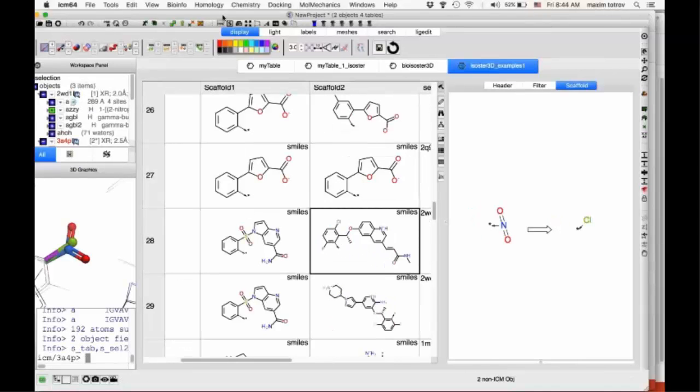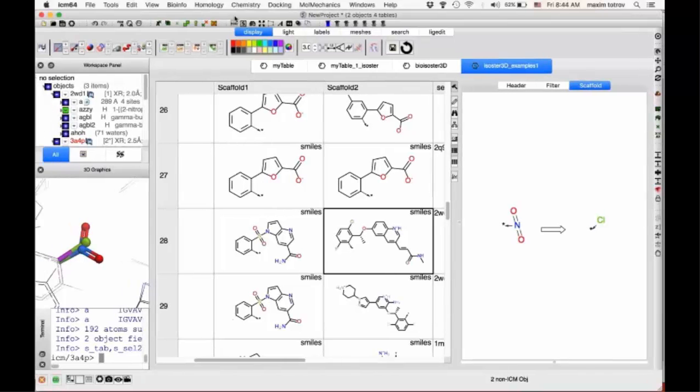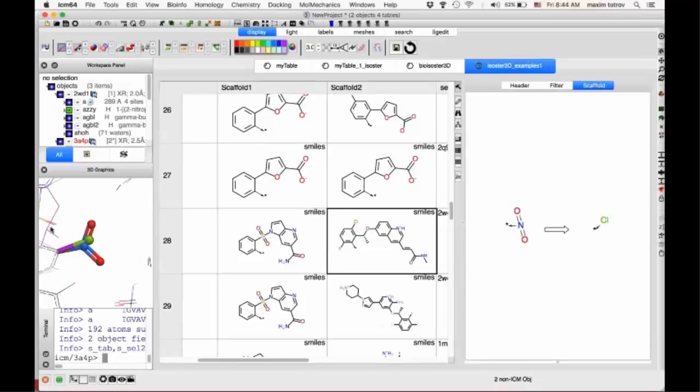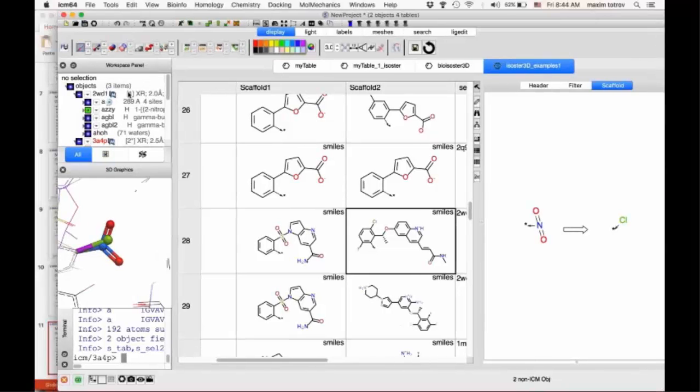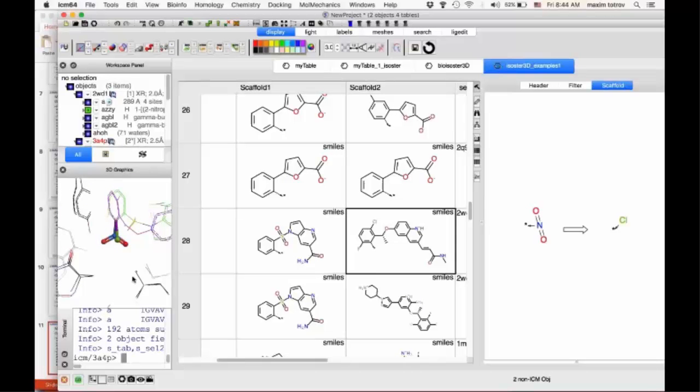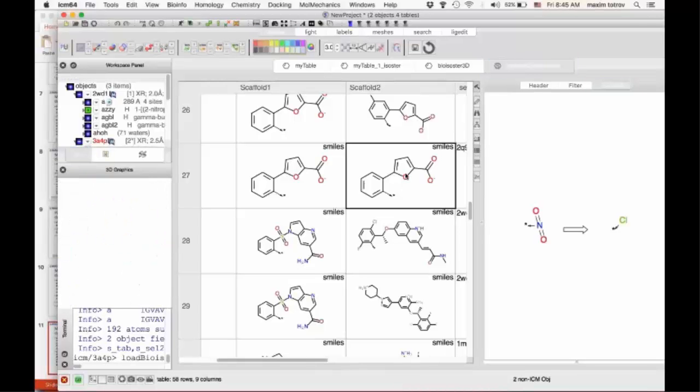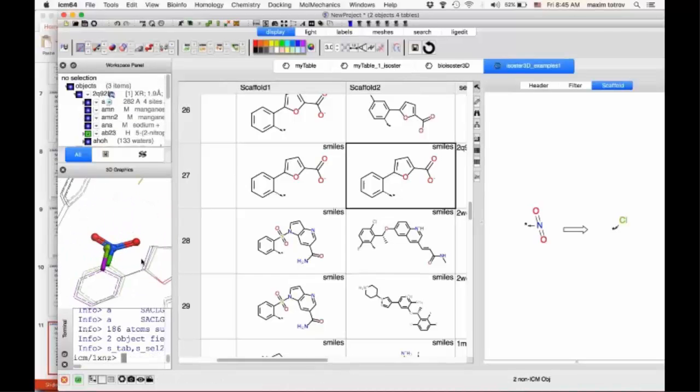Yes, sure. I was just showing that by double-clicking you can load the example and see the environment of the group to understand how this actually occurs, why one could be replaced by another in 3D. If you double-click on another, it should load the other example to this group here. So that's the 3D browser of the isosteres. I think that's what I have. If there are more questions,